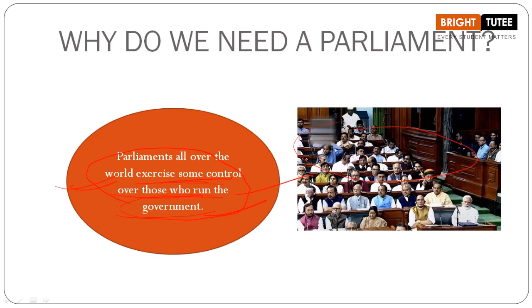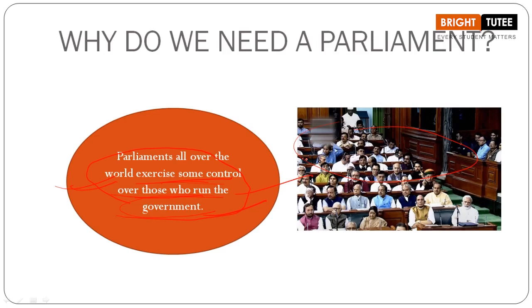Now, if there is a situation when the opposition parties give a vote of no confidence against the ruling party, then what will happen? There would be a different scenario. The ruling party would have to show their majority. Okay, students? Now, these are some of the terms that you are going to understand in your senior classes as well. But here, just understand that the parliament consists of the ruling party and the opposition parties who have been elected from different constituencies. Okay, students? So, all these elected representatives are there in the Lok Sabha.